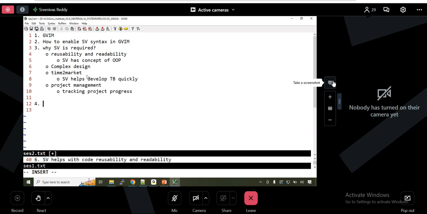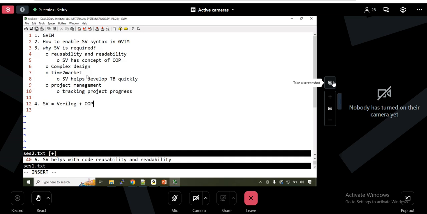If you ask me what is the major difference between Verilog and SystemVerilog, I'll ask you a similar question. What is the major difference between C and C++? Object-oriented programming, right? I mean, what is the major addition that happened in C++? Of course, C++ has more things, but the most important addition is object-oriented programming. Same way, SystemVerilog is